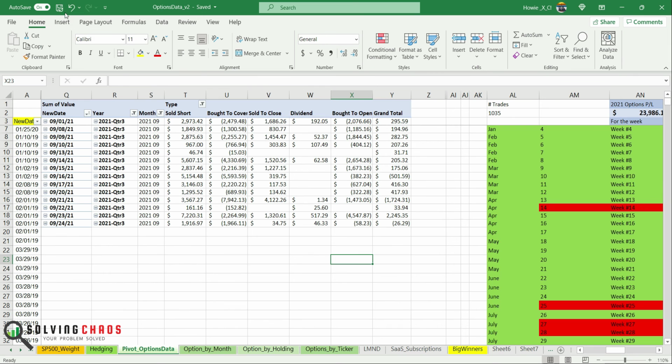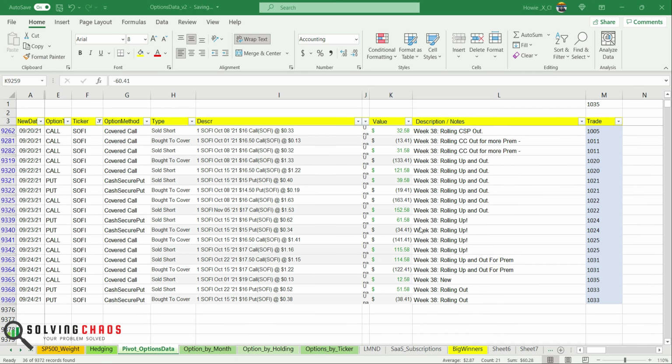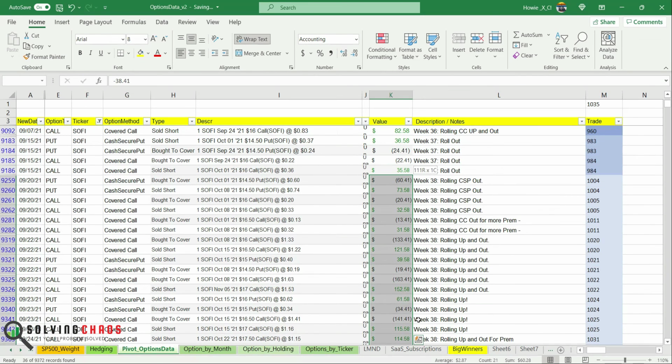So let's look at some specific trades. The first one is SOFI. You can see how many trades that I did, mostly rolling it up, and rolling it out and up. I didn't make a lot of money because I was already in the money by the time I was fixing it. And if you just scroll up like this, you can mark it off. So I only made $60 from trying to fix SOFI.